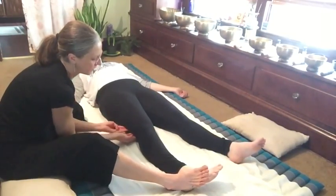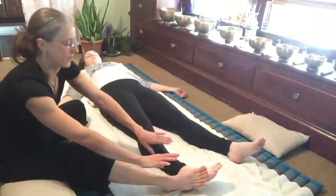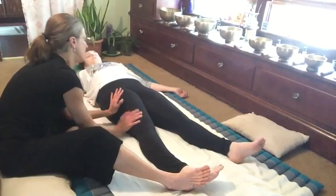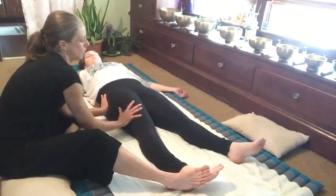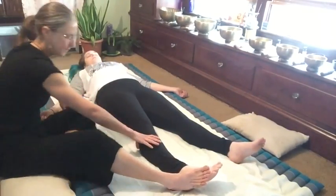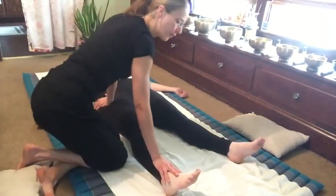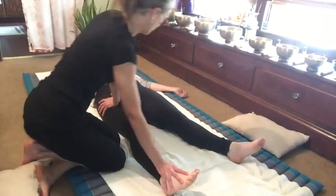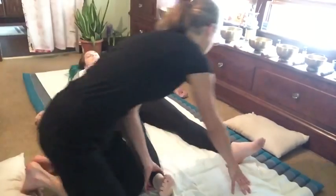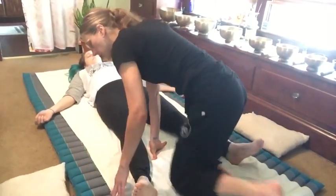So again, I turned into my fingers and then into my thumbs to finish. After you do your energy lines, we palm them out. Warming and assimilating some of that decompression. And I'm going to come back up for those stretches so that I can be in position for transition. So a few stretches there. And again, trying to be careful of that ankle. I'm going to take her body there into a nice Savasana, a neutral